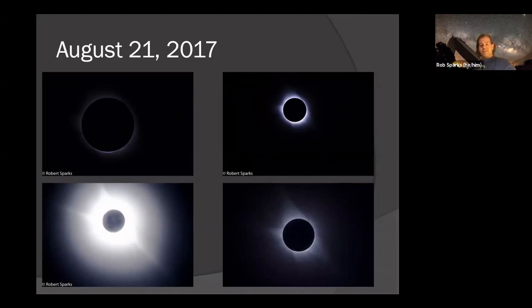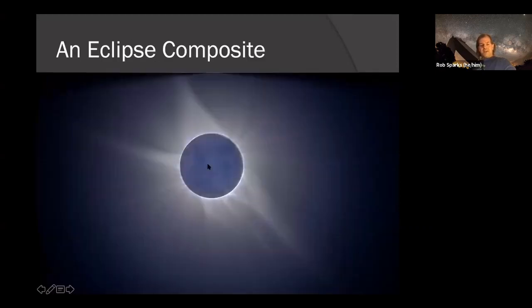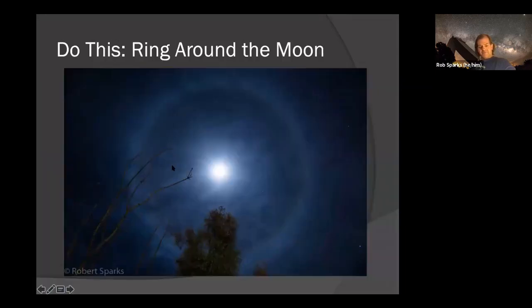So automating the process like that, if you want to do these types of things, is the only way to go. And this is actually my first attempt at doing an eclipse composite, where I took a bunch of images, some very long exposures to get Earthshine, and some short exposures to get the inner corona, and longer exposures to get the outer corona, and layered them in Photoshop and combined them. Someone who really knows Photoshop could probably do a better job, but that's my first attempt at a very high definition composite in Photoshop. I think there were a dozen images of different exposure times combined in this one.